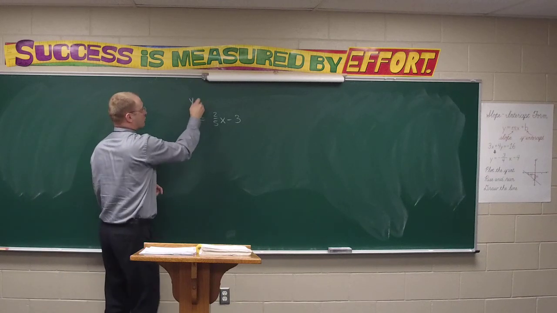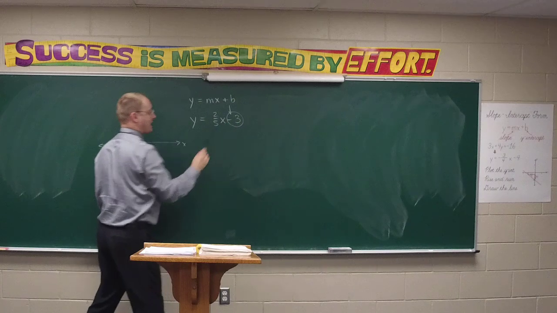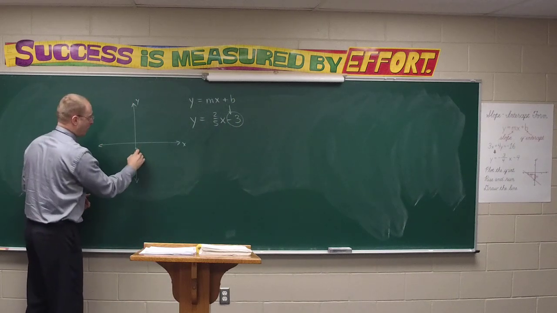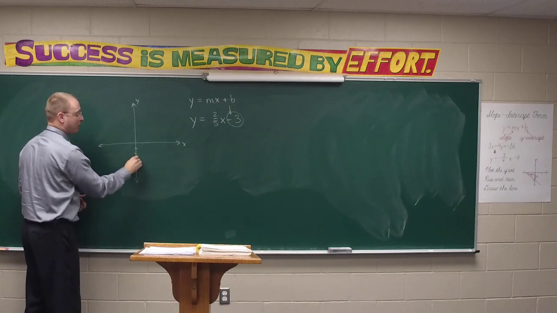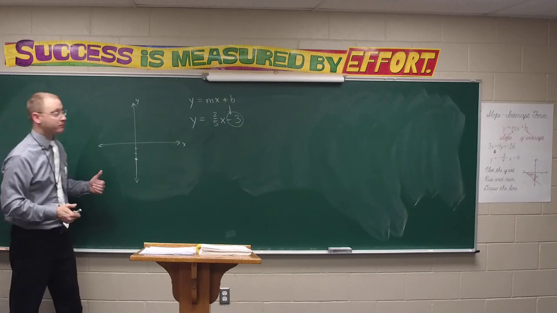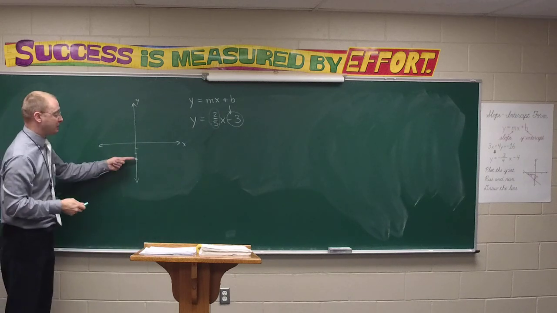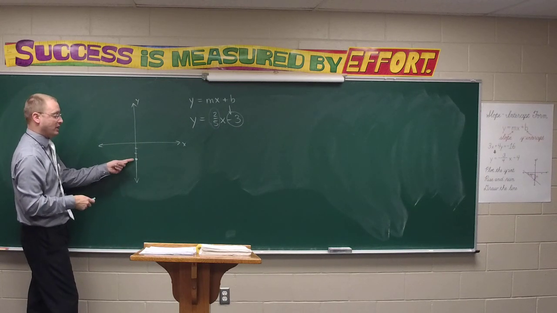-3. Because remember, slope-intercept form, y equals mx plus b. This here is my y-intercept. So remember, we'd go down 1, 2, 3 on the y-axis, put a point there. And then from there, we would find our slope. Well, what's the slope, class? 2/5, which means if slope is rise over run, from this point on the y-axis, our y-intercept, we would